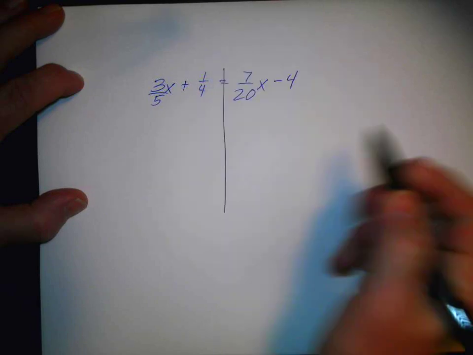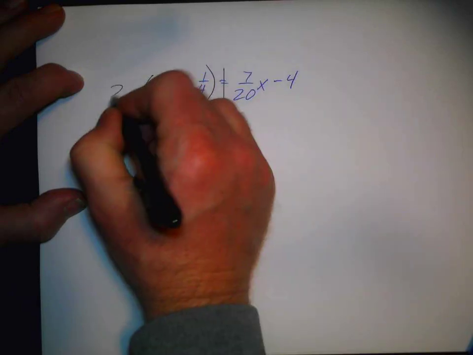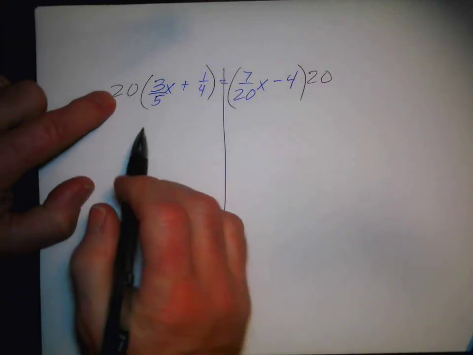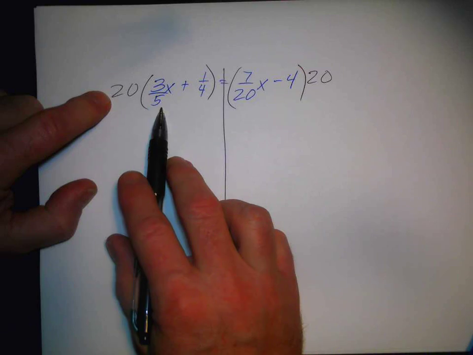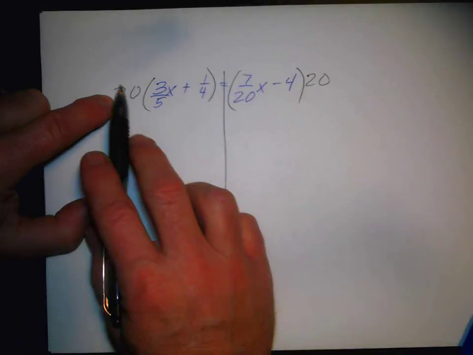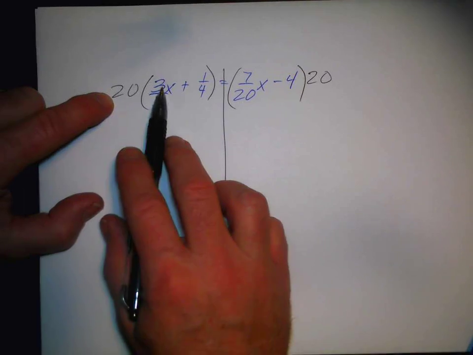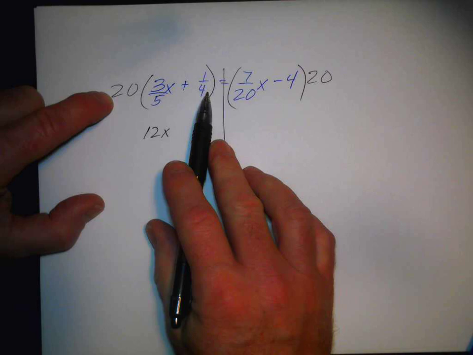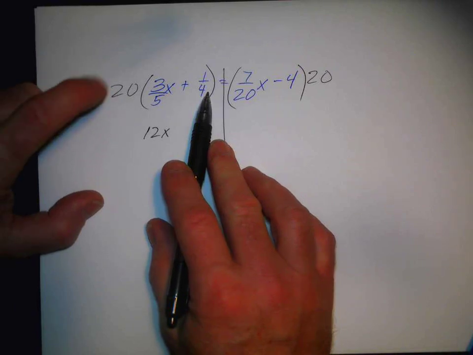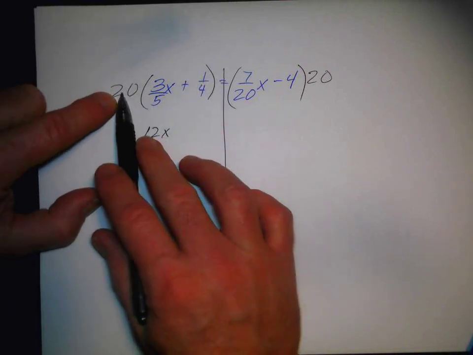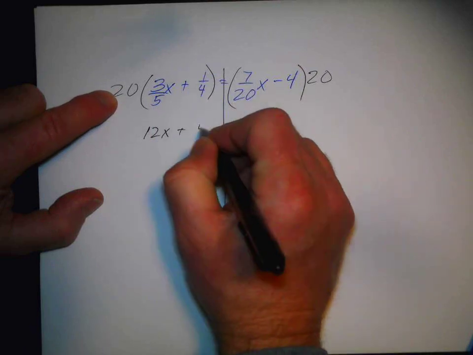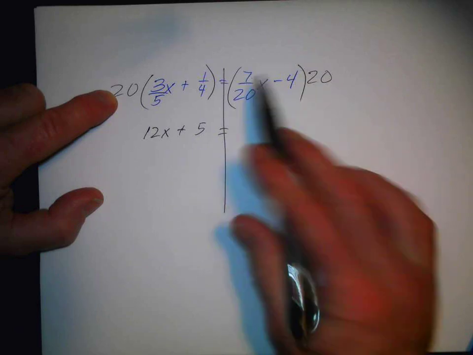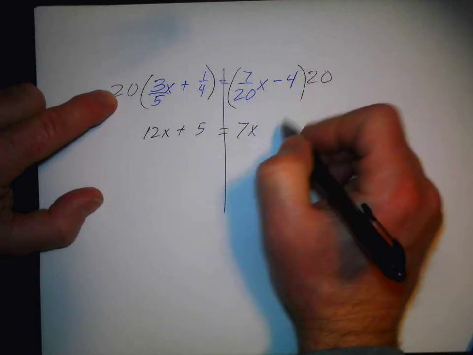So here's my line down my middle. I'm going to multiply this side by 20 and this side by 20. The 5 is going to cancel the 5 that's in here, and there's going to be a 4 left. So 4 times 3 is 12x. The 4 is going to divide the 4 here and make a 1, and that's going to leave a 5. So 20 divided by 4 is 5 equals 20 over 20 is 1, the 7 is left, x minus 20